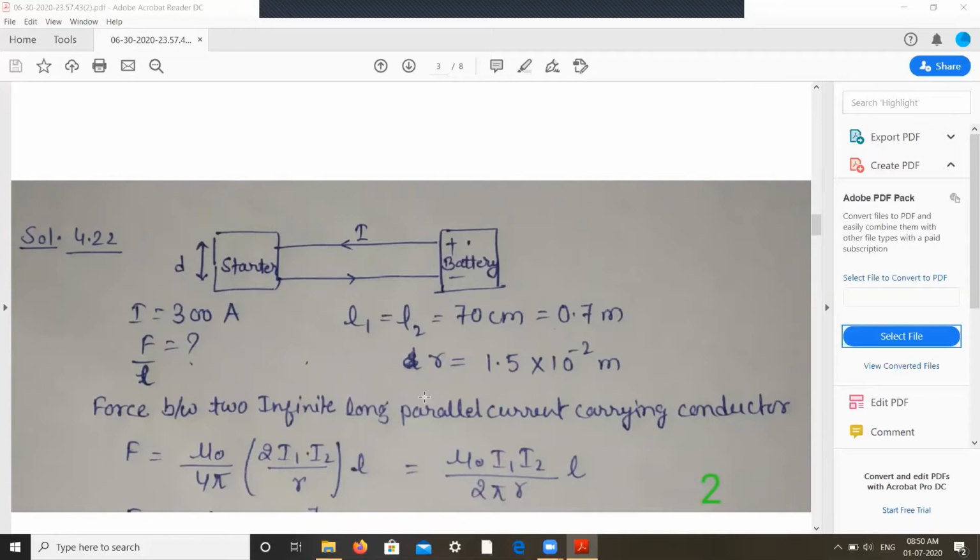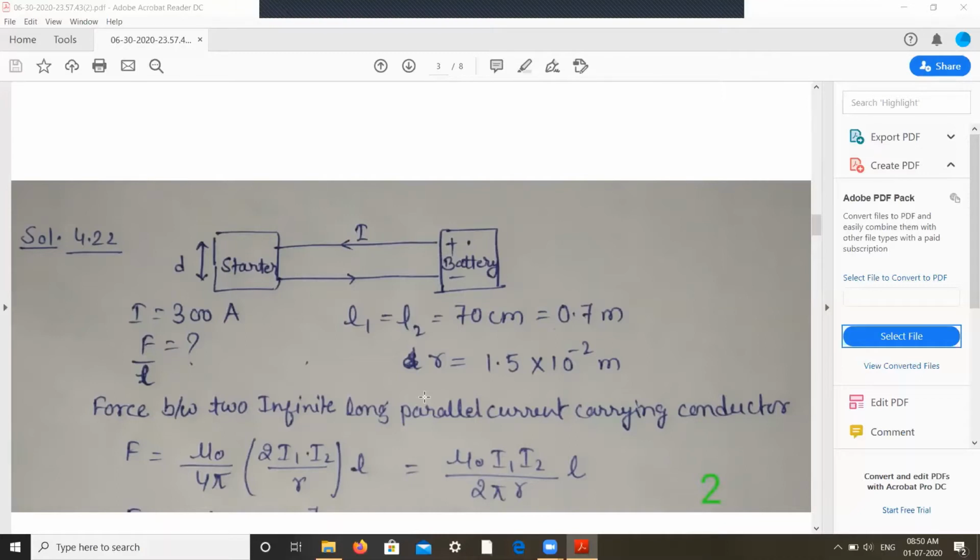We have to find force per unit length. So using the formula, this is the same formula given in the second part. Second formula that was given to you, that is the same formula. So what I have done, mu naught by 2 pi I separated. Besides this, mu naught by 4 pi you will also find in many places, and 2 times I1 I2 divided by R you can also use. So in the next slide, I'm waiting. Yes, you just mention the values of I1, I2, mu naught by 4 pi, R and L, and calculate the answer.